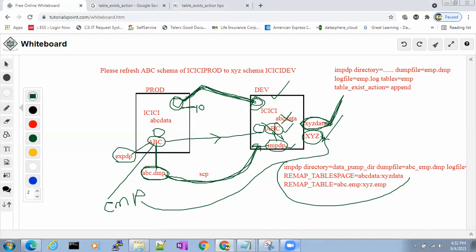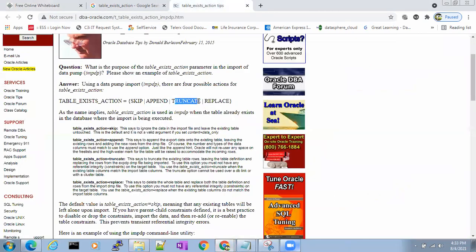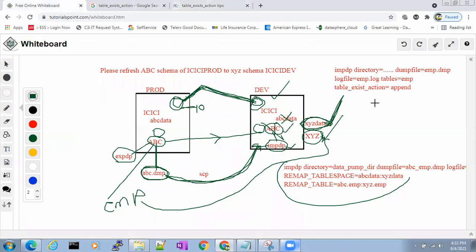This is about append. Next is truncate. What is truncate? I'll tell you. If you use truncate, what happens is, there is a table here with 5 rows.